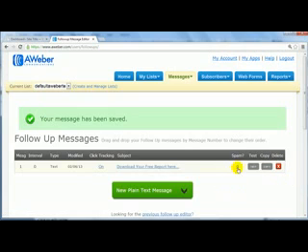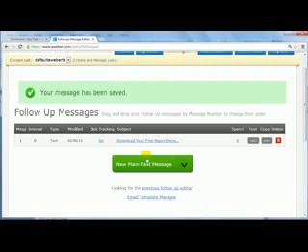And you can also test it by simply clicking on test. And you can also copy this message as well. So if you have similarities that you want to just copy this over and edit it, you can also do that. Now, I want to click on this to show you this, but if you create a secondary follow-up message,